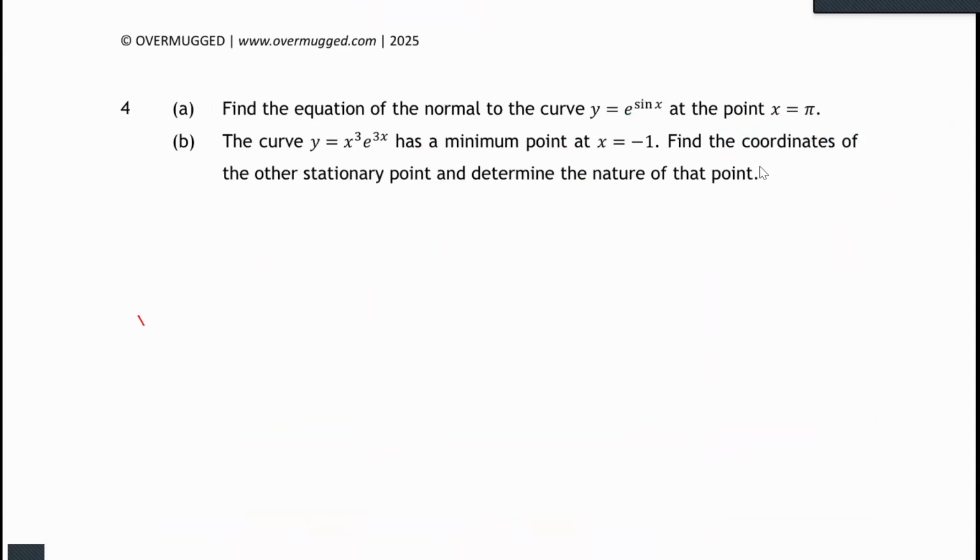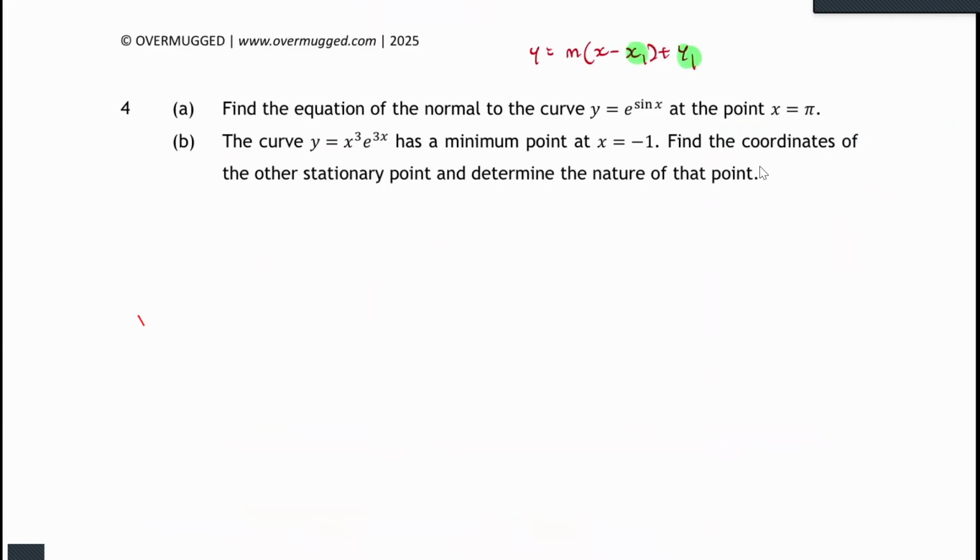Move on. This is a curve kind of question. Here it says find the equation of a normal to this curve at this point. I'll just write the general equation of a straight line first, y equals m times x minus x1, plus y1. So there are two forms. The mx plus c form is not very useful here. We use the linear one. So y equals m times x minus x1, plus y1.